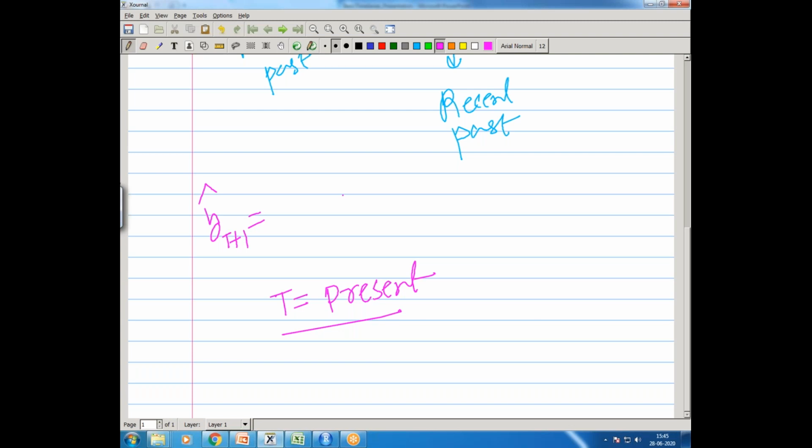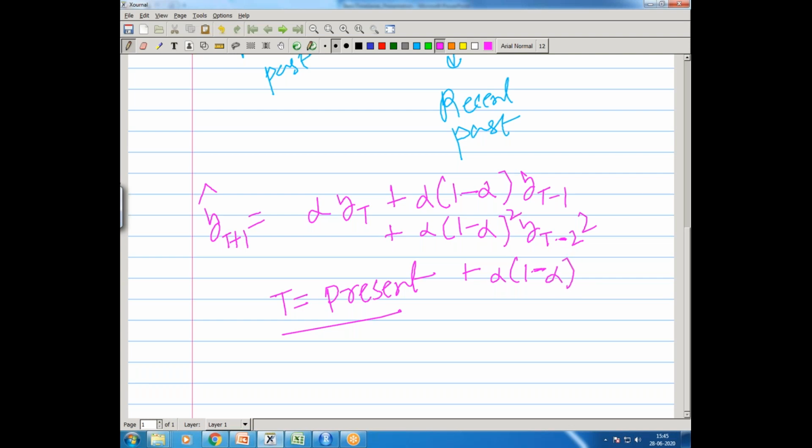This will be alpha into y t, plus alpha into 1 minus alpha y t minus 1, plus alpha into 1 minus alpha squared y t minus 2, plus alpha into 1 minus alpha cubed y t minus 3, and so on, alpha into 1 minus alpha to the power k y t minus k, and so on,